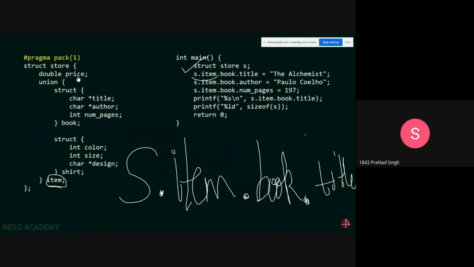Yes. Okay. Similarly, I have done it for title. Now you can do it for author. Same thing, only instead of title, you have to write author, and number of pages you can do. What I have done here, I have not initialized the shirt variables. I have only dealt with the variables related to the book. How can I say that? Because I have only the variable book over here. If I want to access shirt,